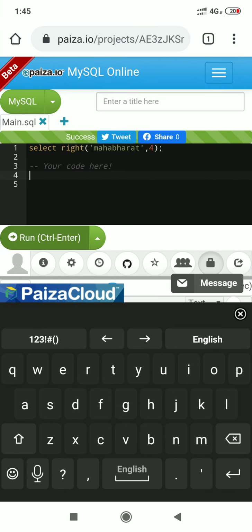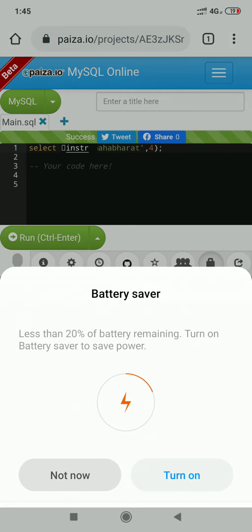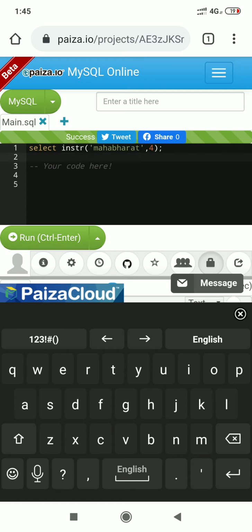Perform the same operation. Here we will mention INSTR, the main string. Here I mention BHARAT. Now execute the statement.